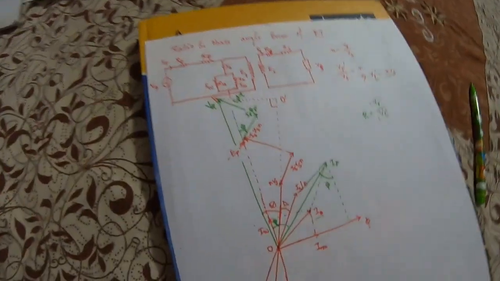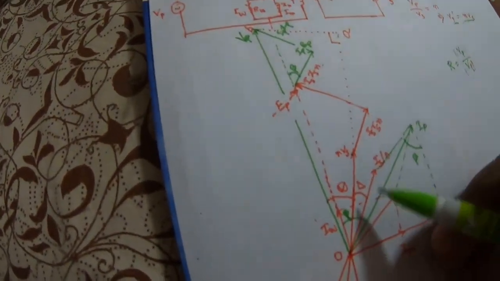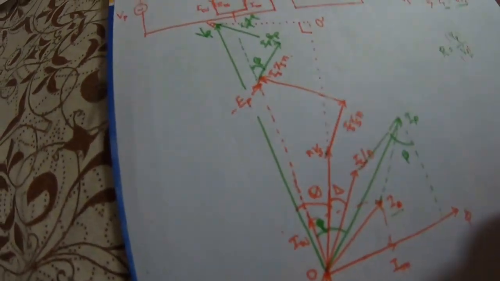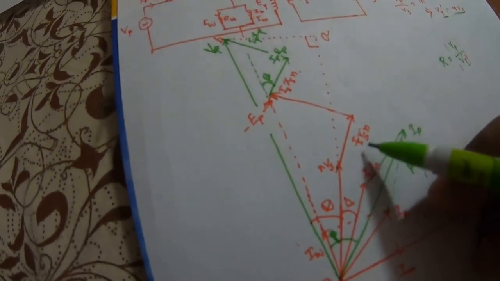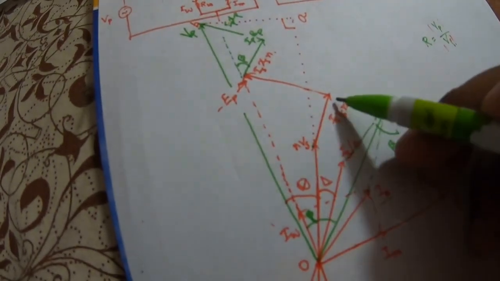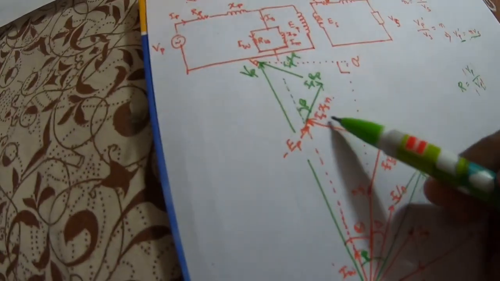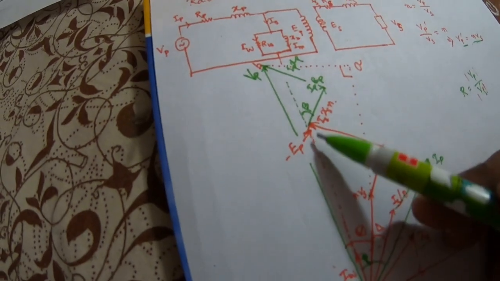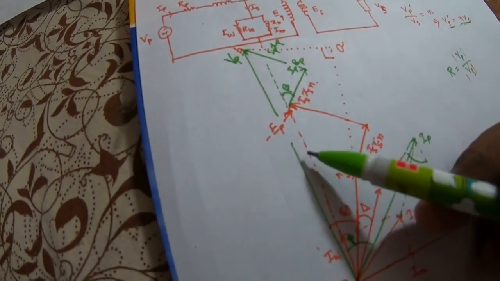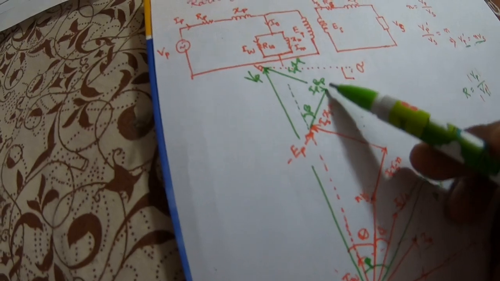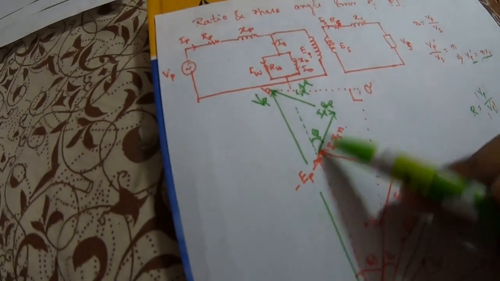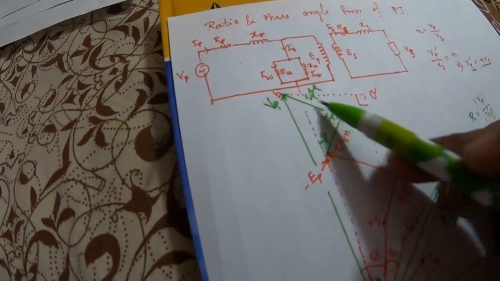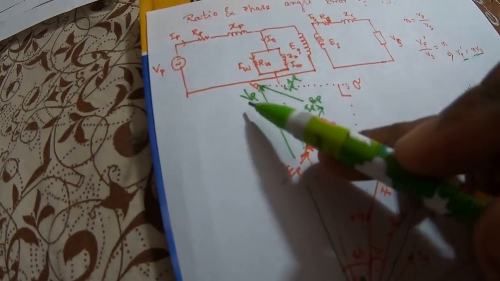So after drawing this phasor diagram, what we have is NVS, and after this NVS we have the current, that is Is by N. Parallel to this we have the Is Rs N drop, and 90 degrees lagging to that we have Is Xs N. Summing up, we have minus Ep, and after this minus Ep the Ip Rp drop. It will be parallel to the current Ip, then 90 degrees lagging we have the Ip Xp drop, and finally we have Vp.